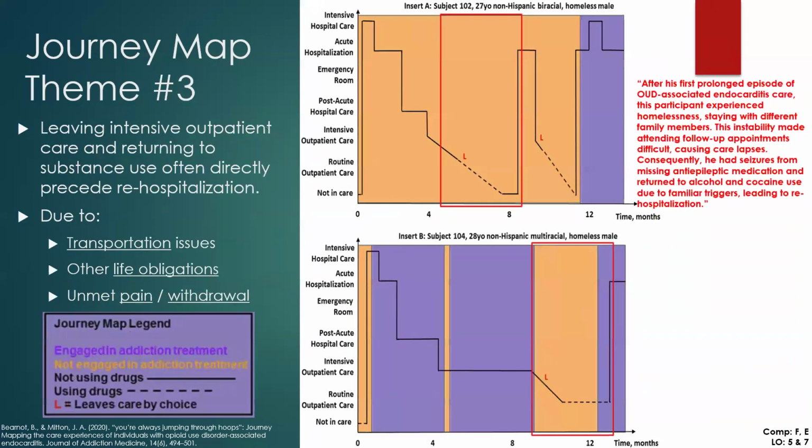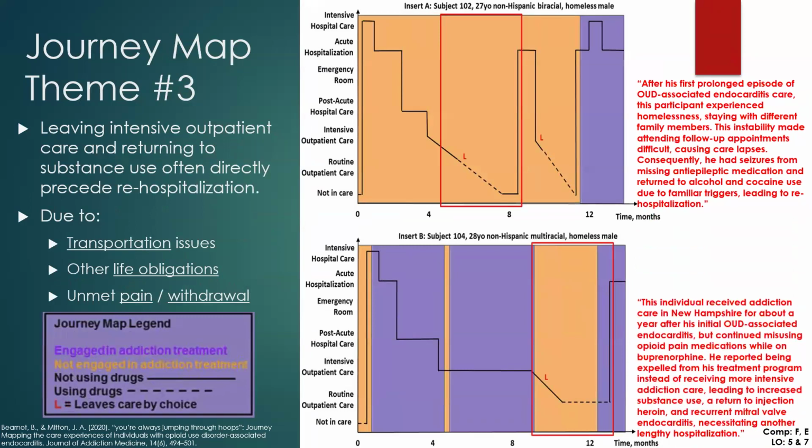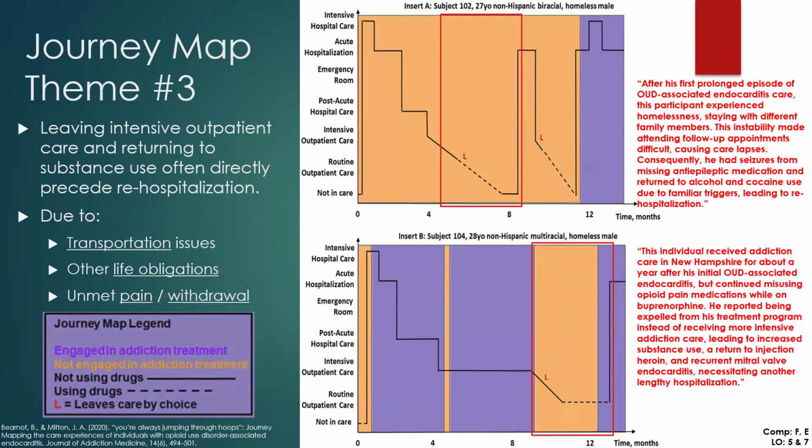And theme number 3, there's some psychosocial issues as well. There's transportation issues, other life obligations like work, family needs, and unmet pain withdrawal again. So this first patient up here, after his first prolonged episode of opioid use disorder care, he experienced homelessness and staying with different family members. This instability made attending follow-up appointments difficult, causing care lapses, and he eventually had seizures due to missing anti-epileptic medications and return to alcohol and medication opioid use,